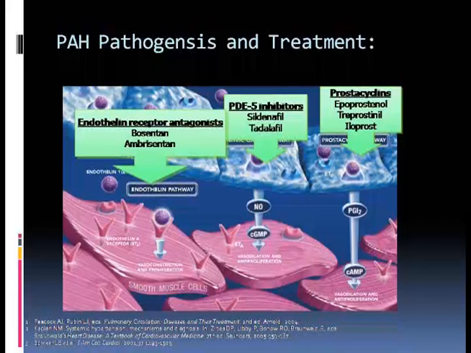And overall, at least by the treprostinil data, we think that this is, at least when it's administered continuously parenterally, probably the strongest class of drugs we have. Then we have the PDE5 inhibitors, sildenafil and tadalafil, that are working on the nitric oxide pathway. And then we have blockers of the endothelin, bosentan and ambrisentan. All these are pills.